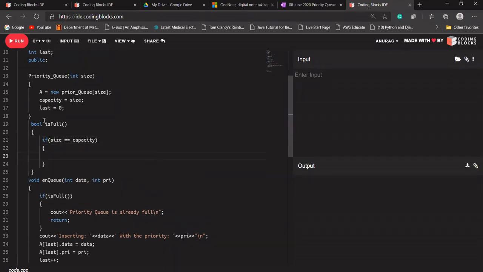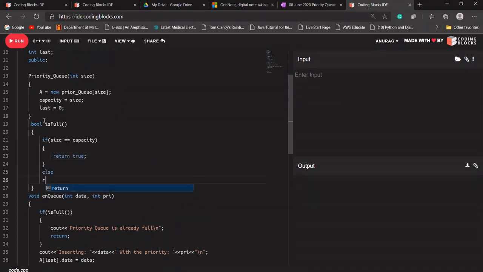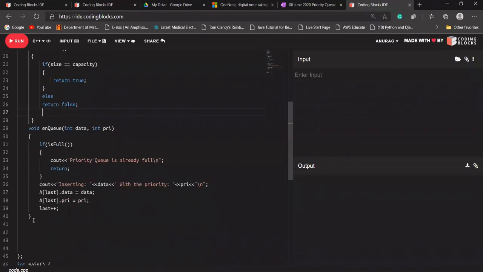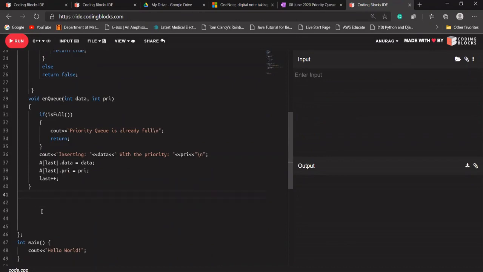If size reaches capacity, it means our queue is already full, so it should return true. Else return false. Okay, the is full function is completed.